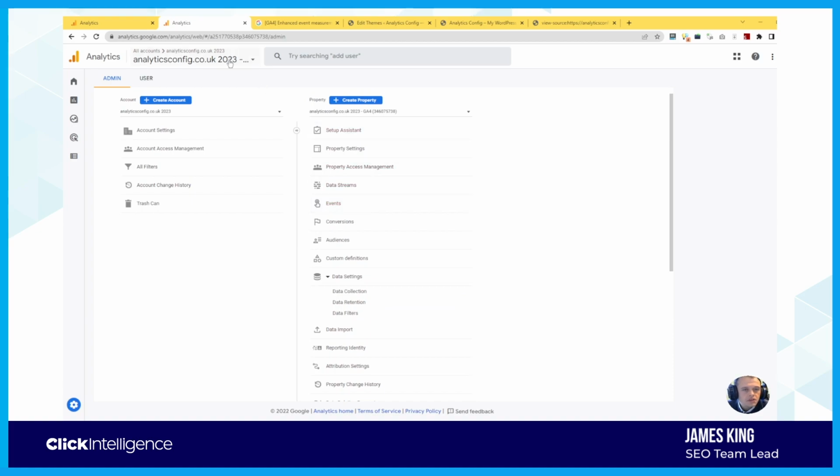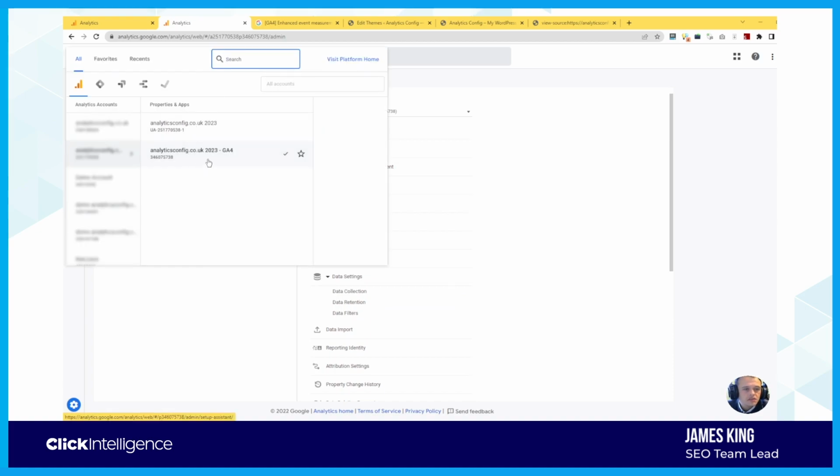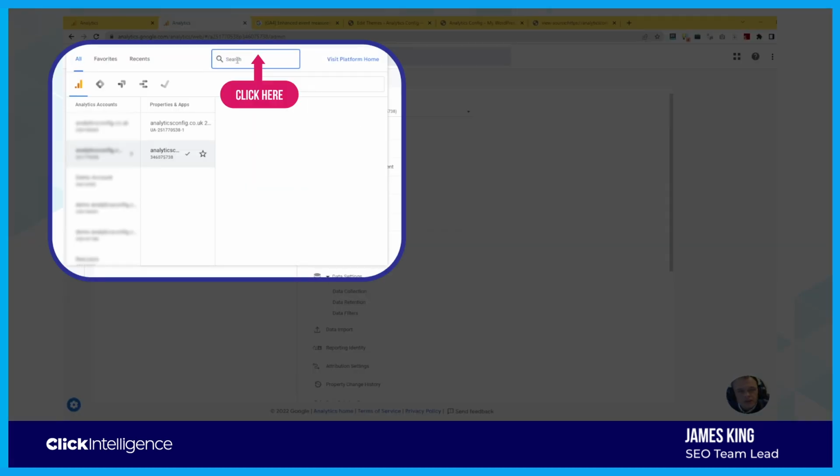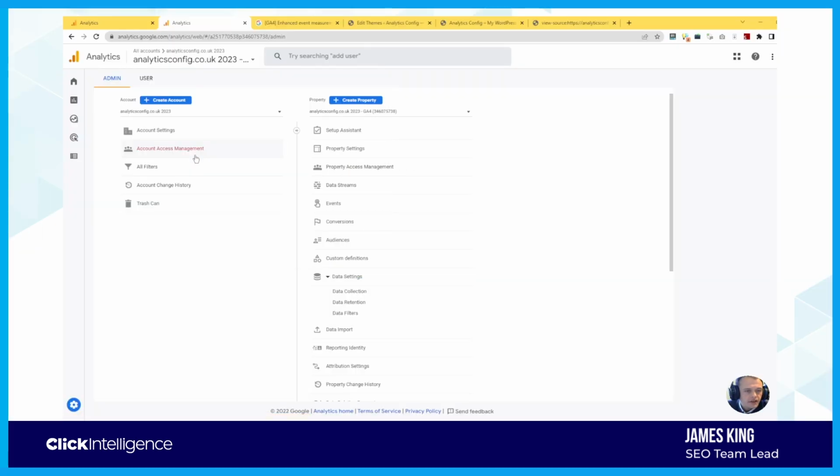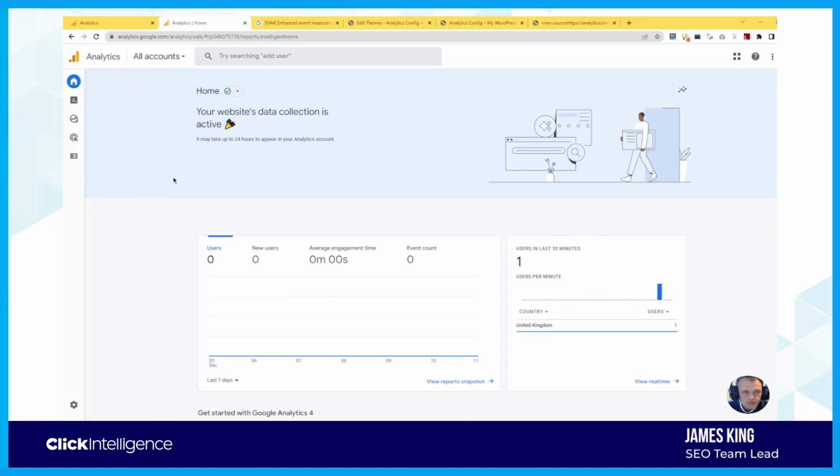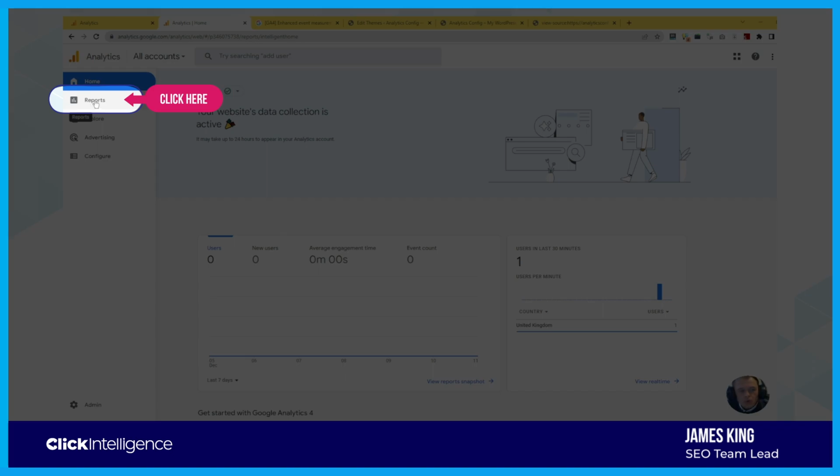Okay, and now what I'm going to do is we're going to find our new Google Analytics 4 account, which is here. So all I've done is I've gone into this drop down here and look for search, and we can find it that's set here. And then we can see that this looks like GA4 because it's got the new infrastructure and settings here for home, reports, explore, advertising, configure. So if I click home, it's saying that your data collection is active and it may take 24 hours to appear in your analytics account. So what I'm going to do is I'm going to go to reports